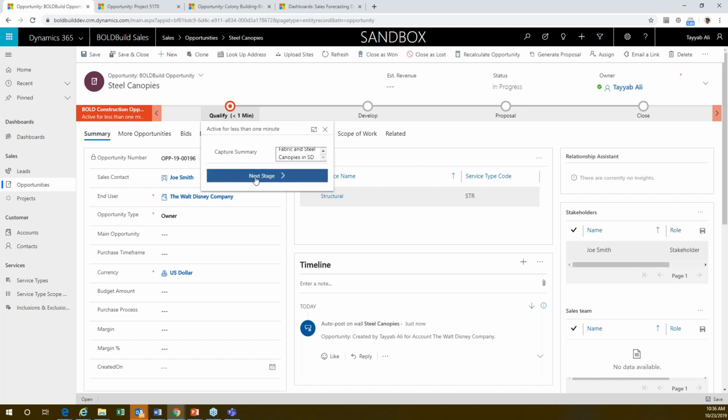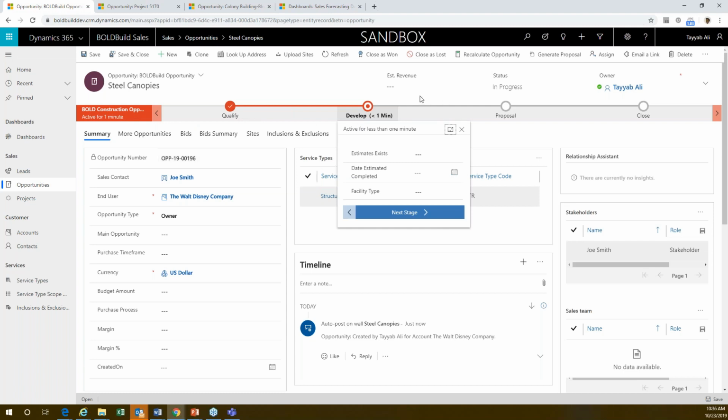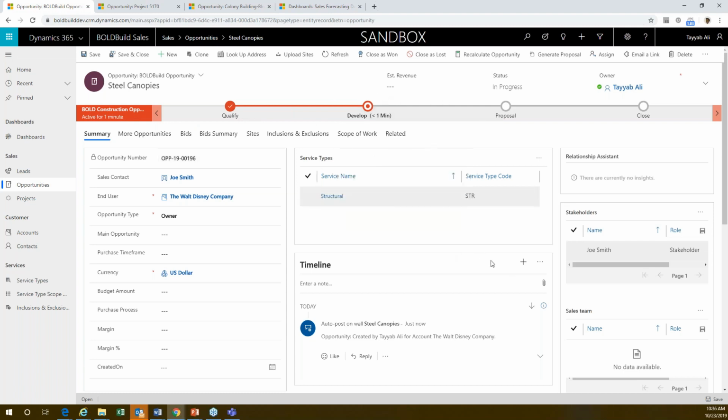So I do that and I click next stage, and obviously it has all the sales bells and whistles. You can create phone calls, you can track your emails, you can create a task. It's integrated with Outlook, it's integrated with OneNote. You can post a message to anybody. I won't go into the details again in the interest of time, because what I want to focus on is now that I have it,